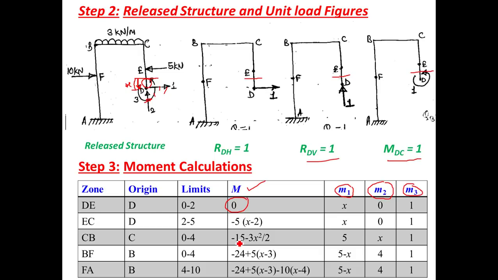Now if you look at the second figure, that is RDH equal to 1. This distance is X. Okay, we are taking the section here, so we are taking moment here. Observe the lower portion of the section. So there is a unit load towards the right. Moment of this unit load about this point is 1 into X, and it will produce an anti-clockwise moment. So it is positive. 1 into X means X. So this is the second figure. In the M1 column, the first element is X.